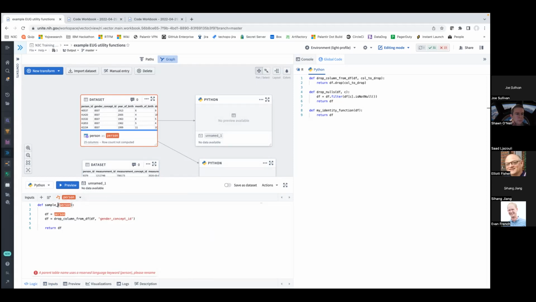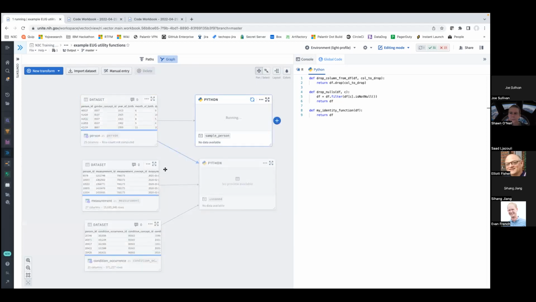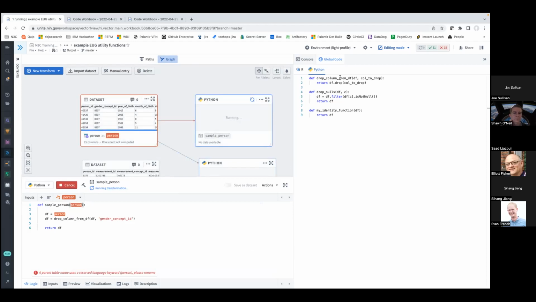So let's call this sample person table. This is just to test, and the idea again here is it's a way to factor your code. The limitation of this obviously is that the global code is only in the scope of your code workbook. If you start developing Python libraries that you want to reuse in other workbooks, so as you can see here,